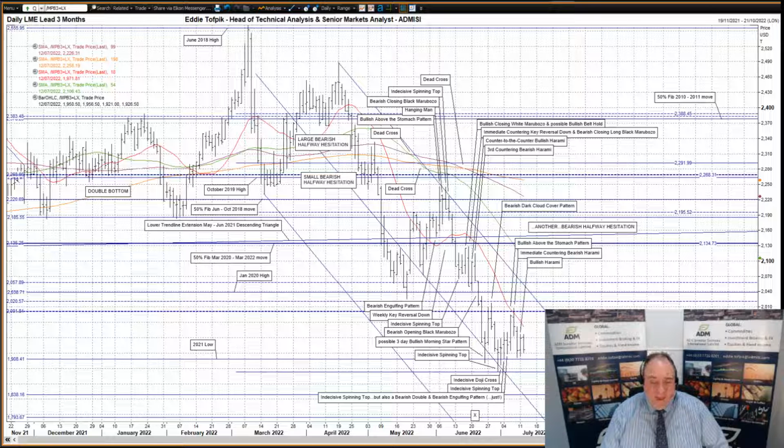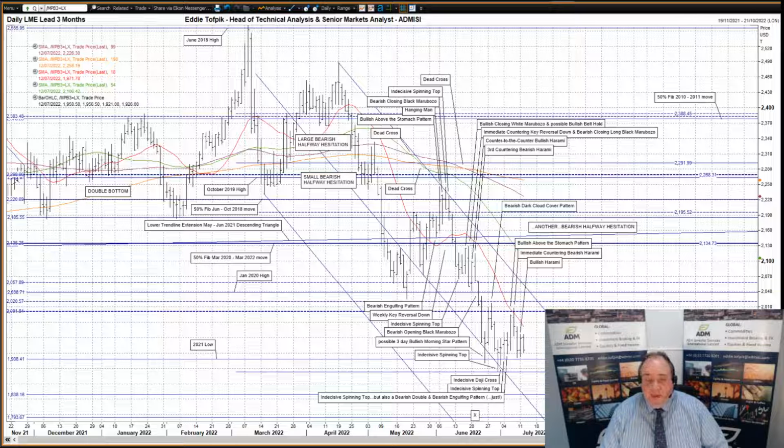This pitchfork has been, and still is, significant, as it was the combination of the 50% Fibonacci line of the June to October 2018 move at 2221 and the upper tine, currently 2054, of this same March to April bearish shift pitchfork that capped the rise. We saw prices drop down in early June, such that we are currently sitting in between the middle and upper tines. That's after only 2 weeks ago testing the middle tine once again.